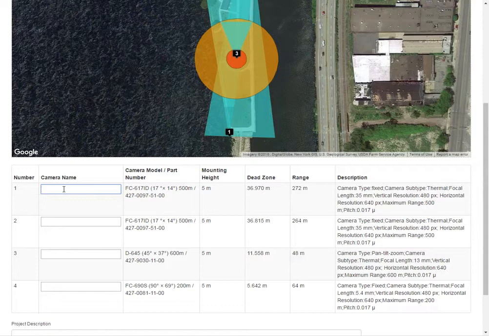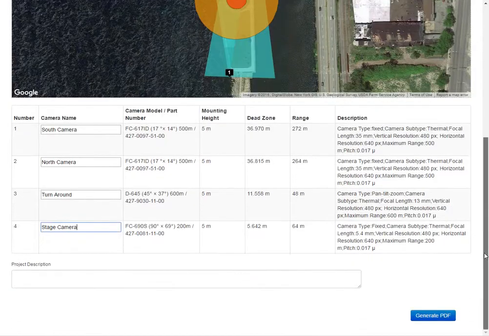This is going to be camera 1 is a south camera, and we have a north camera, and our turnaround, and then we have the stage camera. All right, once we're happy with that, we click Generate PDF,